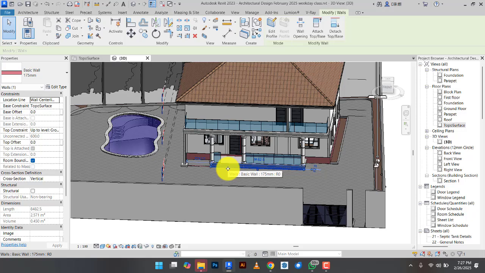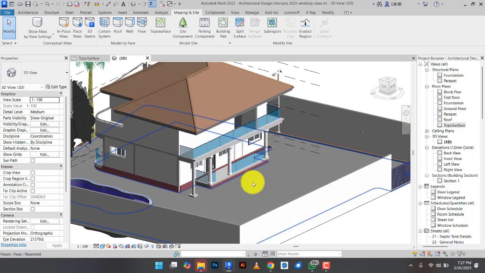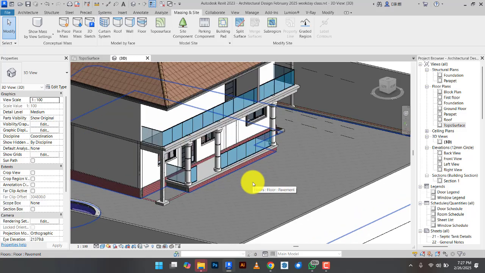Okay. So let's do the ramp. I'm doing the steps first because for the step we are going to use model in place, extrusion. Remember with extrusion, you have to pick a surface. The extrusion we did around the window, you pick that window wall as the surface, then it will extrude from that. So if I say I want to do extrusion here now for the stair,